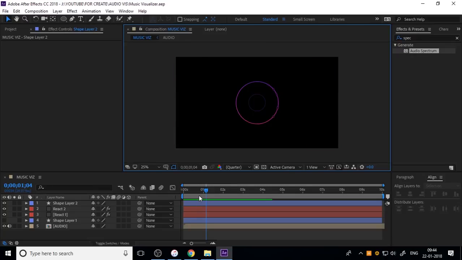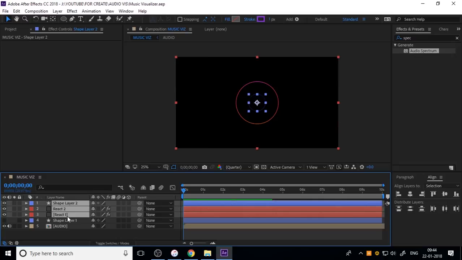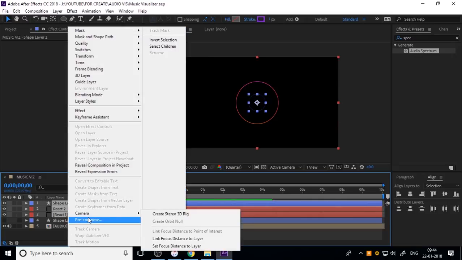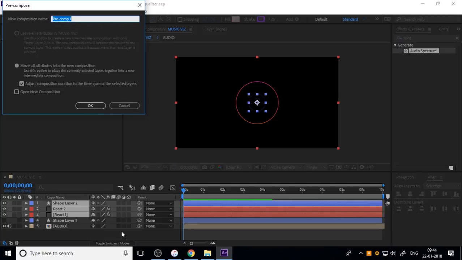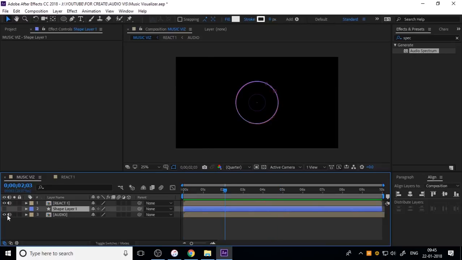Now we need to pre-compose this layer, so select all and right click and pre-compose and name it React 1. Hit on the space bar where you can see like this, and I think there's double audio here. I just turn off the audio,